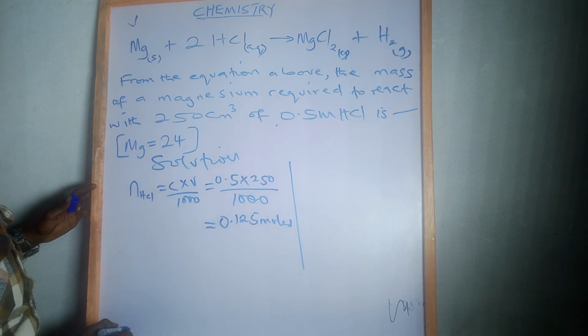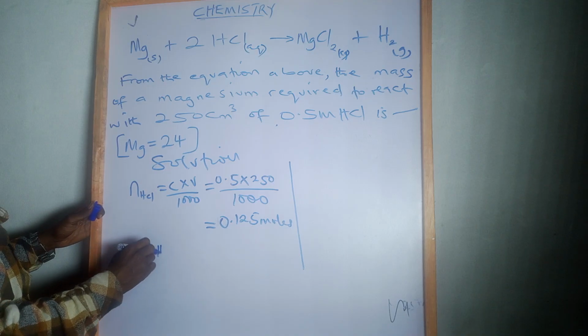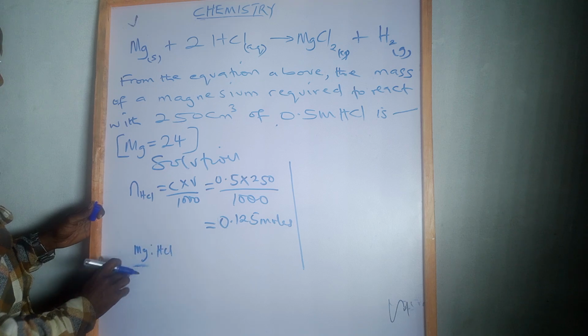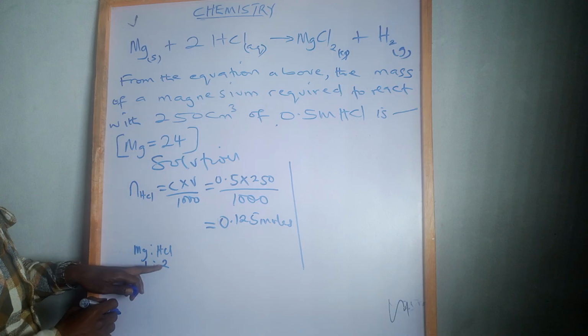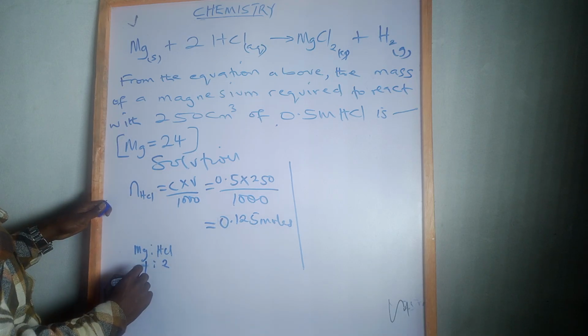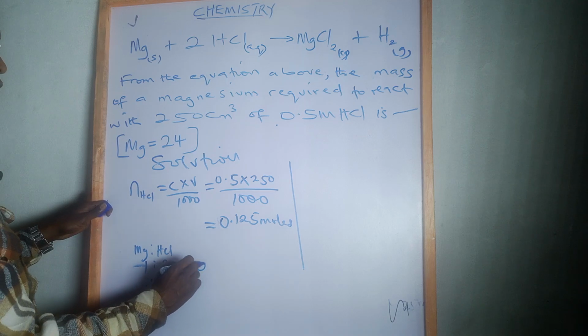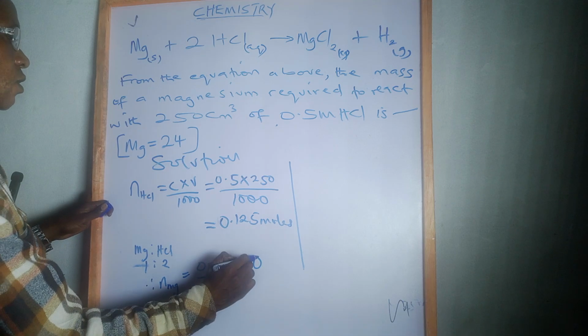moles. 0.125 moles. Now remember the mole ratio, magnesium to HCl is 1 to 2. It means if the acid is this, then the number of moles of magnesium that will be used will be 0.125 divided by 2, and if you do that very well, that will give you